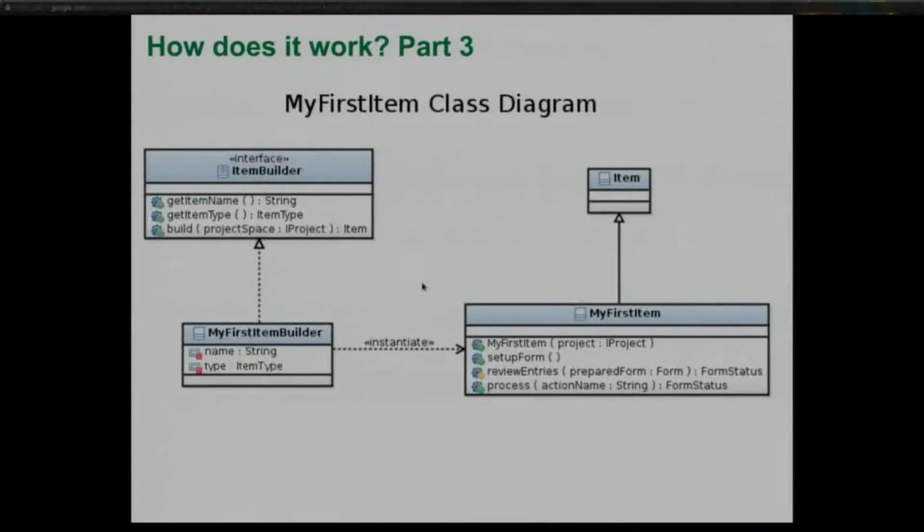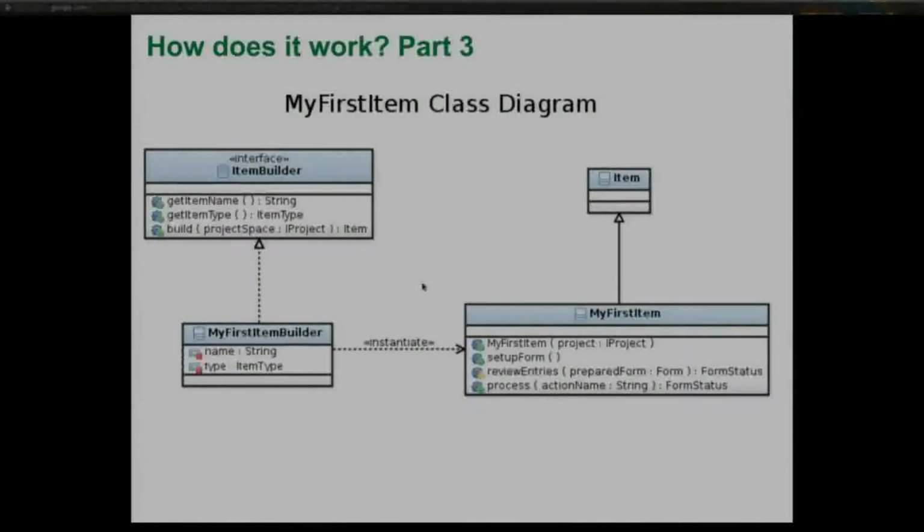Okay, so if you were going to make one of these, this is how it works. In the top left, you see the item builder interface. That's the service interface. Realize that interface. Very easy. You can see it's a few operations. Basically, it says, what am I? Here's my type. And then it gives a little operation to construct this thing properly. This is a builder pattern. It's a very common software engineering pattern. And what that does is it will create an item with a concrete type. So in the bottom right, there's something called my first item.